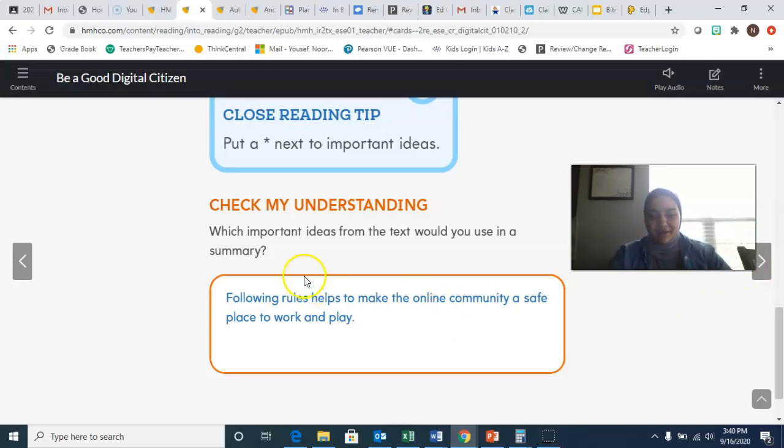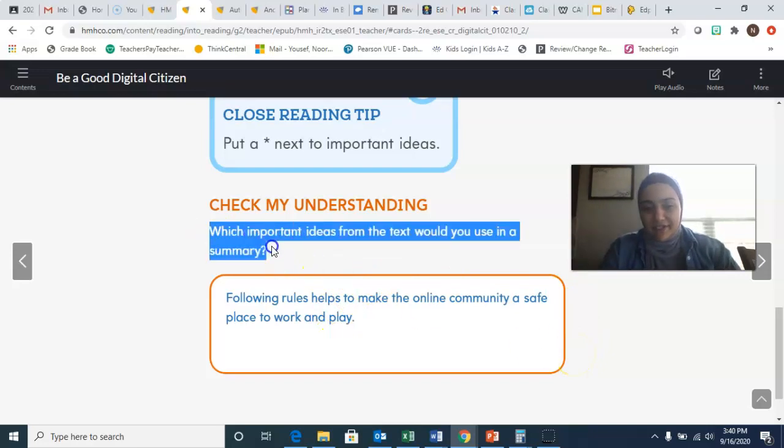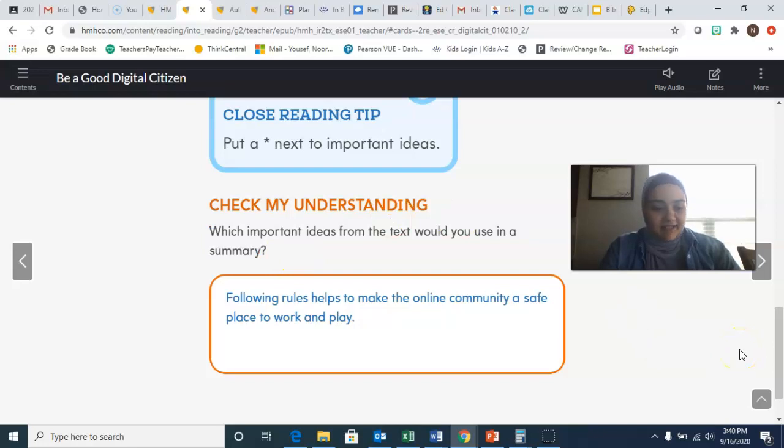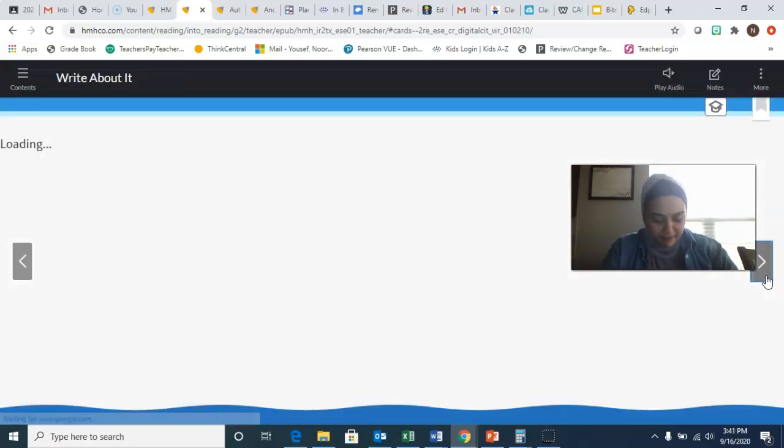All right, so you can go ahead and write this down if you are not going to do it in HMH. If you are going to do it in HMH and you just want to write what I wrote, then copy it down as well, and then you can just type it into HMH, whatever you want. But I'm going to give you a minute, but make sure you write down the question if you are going to submit this on paper. I'm going to give you a minute, and you can pause the video now. All right, moving on.